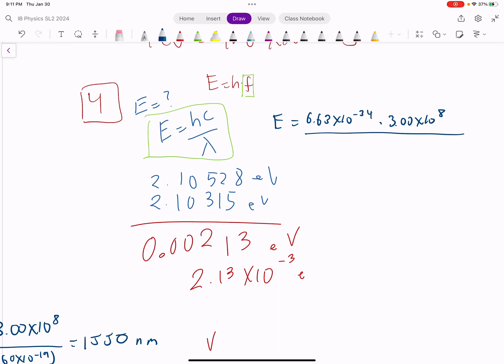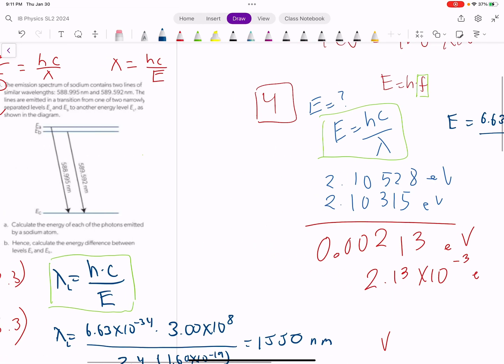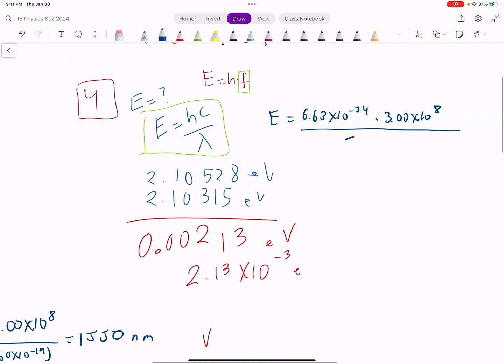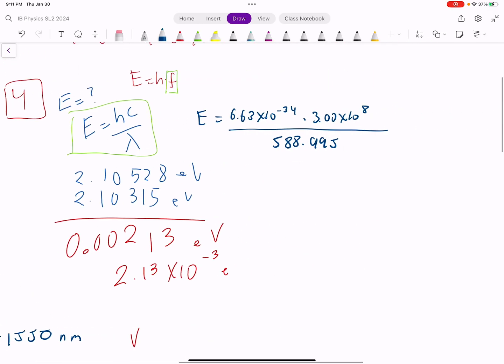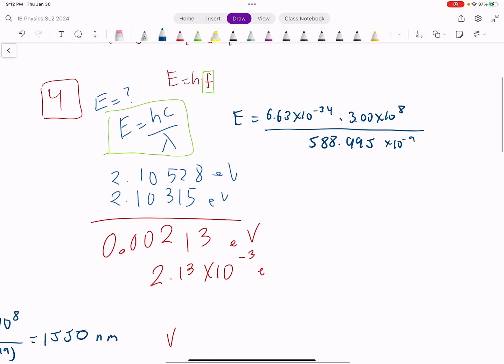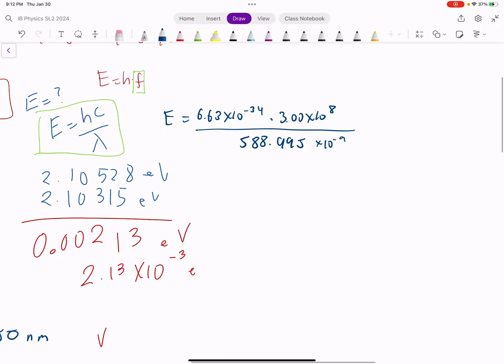So the lambda for each of these, the first one is 588.995. That is in nanometers, so you have to convert that, times 10 to the negative 9. Okay, so just be careful. We have lots of exponents here. Okay, that's going to give us an energy level of